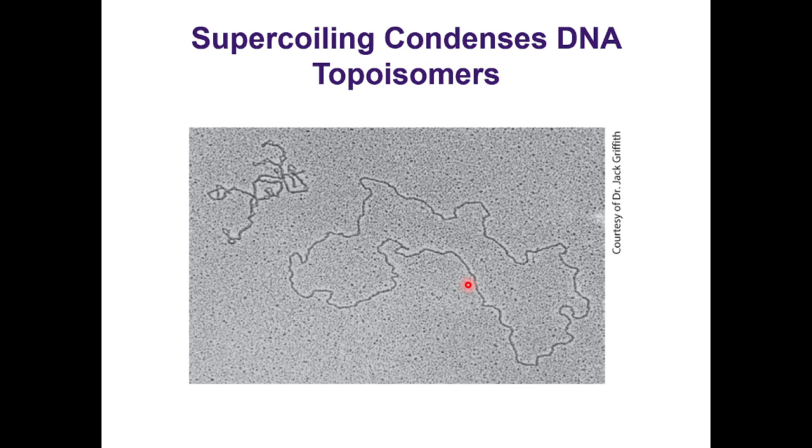Yeah. And so again, remember, the supercoiling is just like if you're trying to store a hose, right? What do you do? You wind it up, don't you? You add supercoil to it. When you want to use the hose or parts of the hose, what do you have to do? You have to uncoil it, don't you? And you can actually see some of that right here. See, there's portions of it that are starting to get untangled. Now, that happens on its own sometimes, but it also happens due to some specific proteins and enzymes that we're going to look at. I don't know how much we're actually going to be able to get into that,